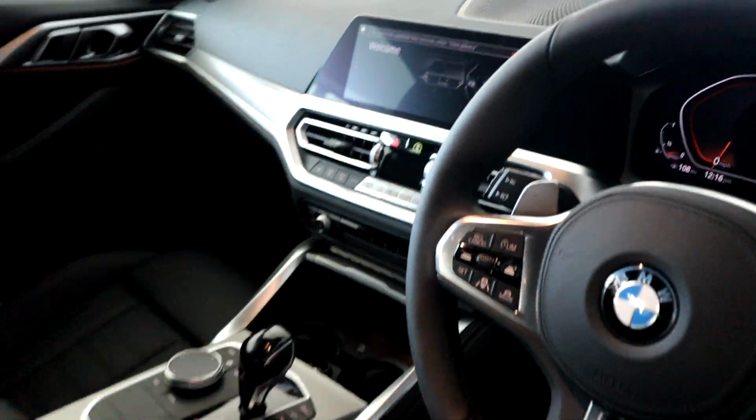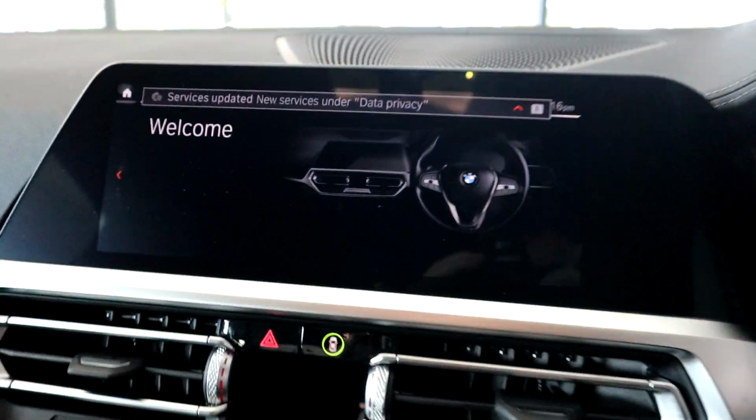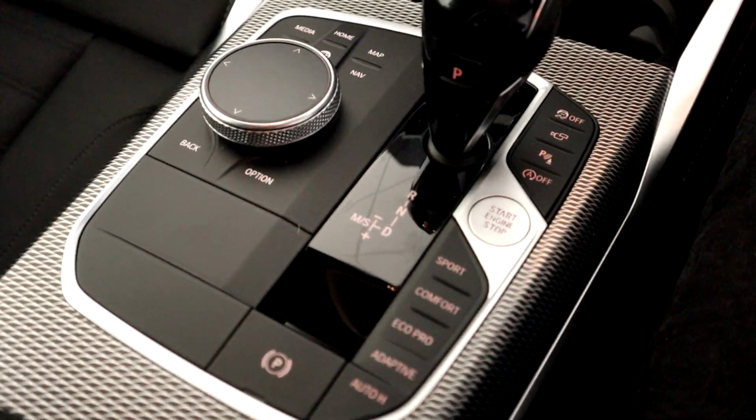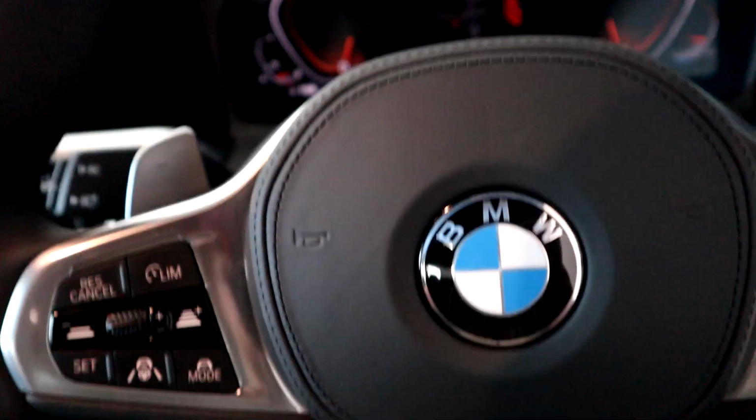We've got the digital display, 10.3 inch I think display, touchscreen. Again, everything's sort of looking very similar. Again, jump in any BMW now, they're all the same, which is good because you can jump in from one to the other. Right, one thing I do like, and it's a bit gimmicky, but I do like it,